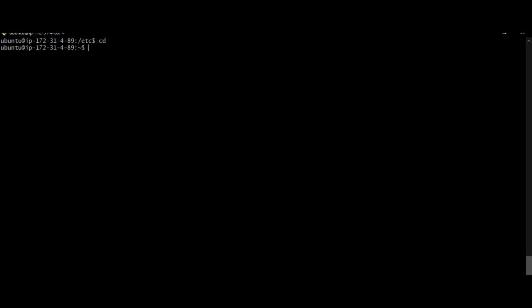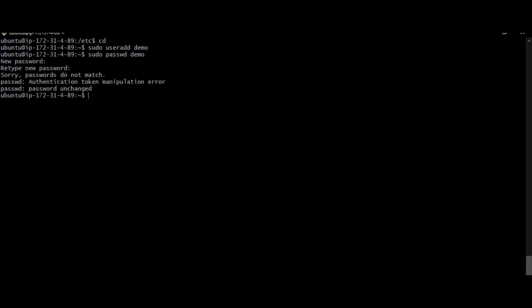And the next one is useradd. By using this useradd command, we can add users. So now I'm going to create a user by using the useradd command with the name demo. It's created. Now I want to switch to this demo user. Before switching to the demo user, you have to create a password for this demo user. By using the passwd command, I'm going to create a password for demo. The password I'm giving is demo@123.